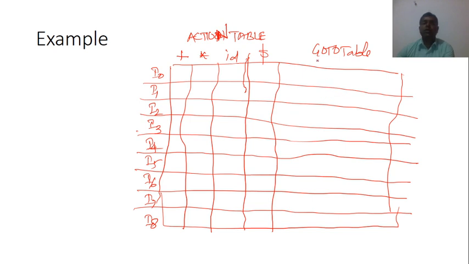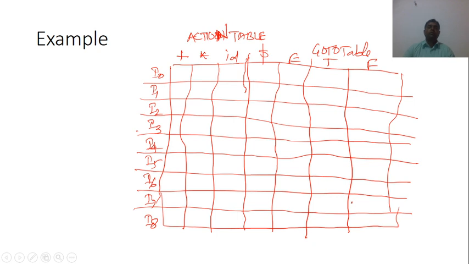Now in the go to table the variable symbols become the columns, that are E, T and F.